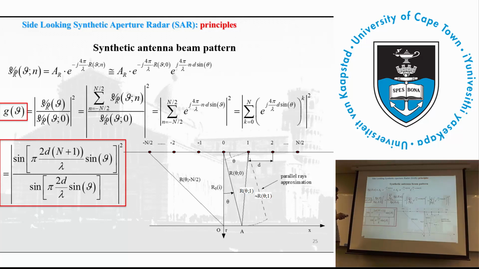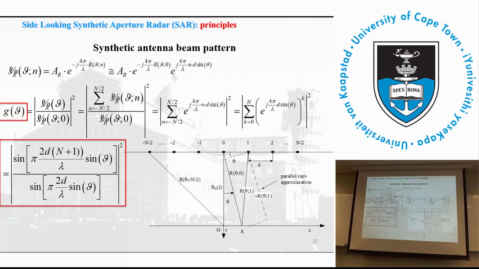you substitute n with k minus n divided by 2, so you shift this from being a sum that goes from minus n divided by 2 to n divided by 2 into a sum that goes from 0 to n. It doesn't matter, it's just a sort of circular shift here. So this is easier to calculate because this is a geometric progression. So you just take the sum,